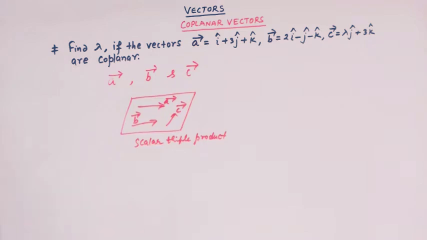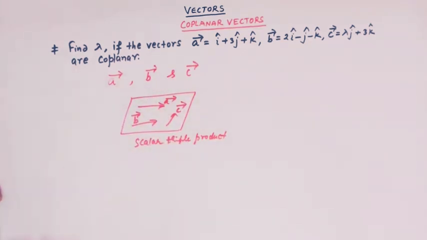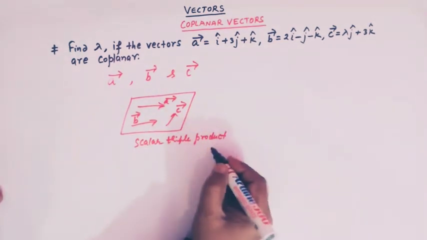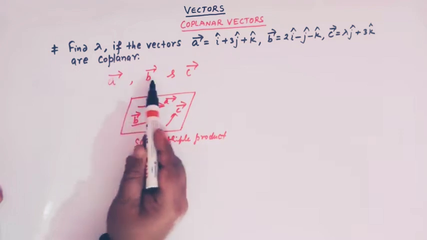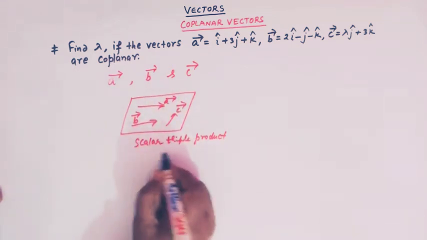So here we'll write a condition where these three vectors a, b and c are coplanar, right? The scalar triple product of three vectors a, b and c is defined by